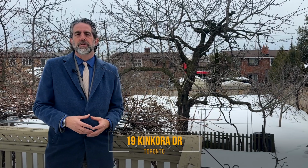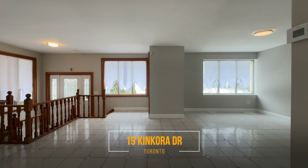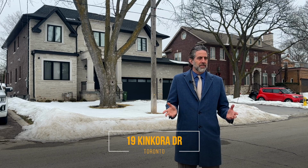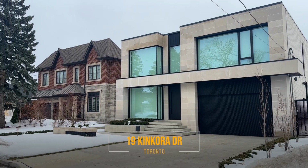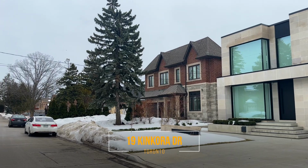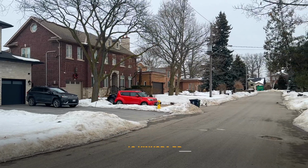Not to mention, the entire lot is south facing, so you've got tons of natural light. This is an outstanding location for more than one reason. You have quick access to the highways, quick access to transit and shopping. More to the point, almost every other home in this pocket is a beautiful custom built home. So the property here, being as big as it is, affords you the opportunity to build your dream on this